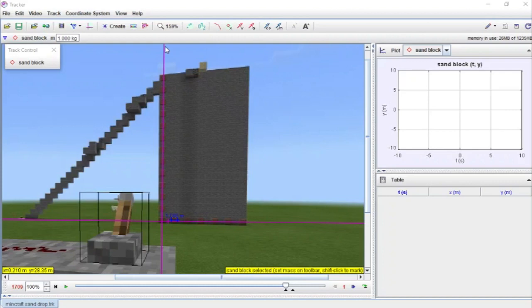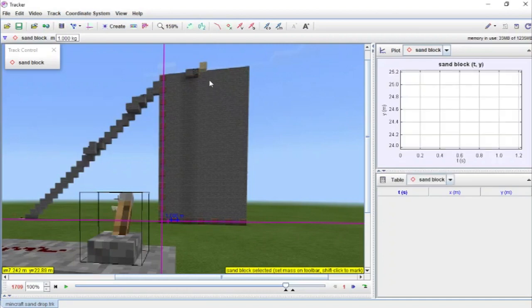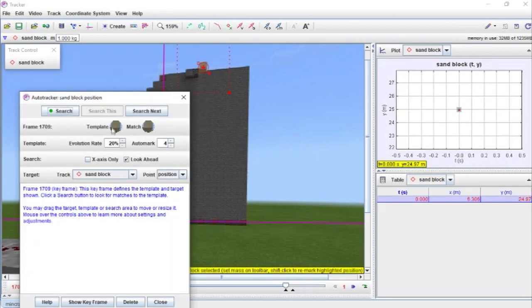I've already got my X and Y axes set up here, and I've set the scale for 1 meter to be a single block. I believe that's the scale that Minecraft uses, but the actual number doesn't really matter since this is Minecraft, not the real world. It's really the technique of what you do once you have a graph that I want to highlight for you in this video. So we're going to do our Control-Shift-Click here,